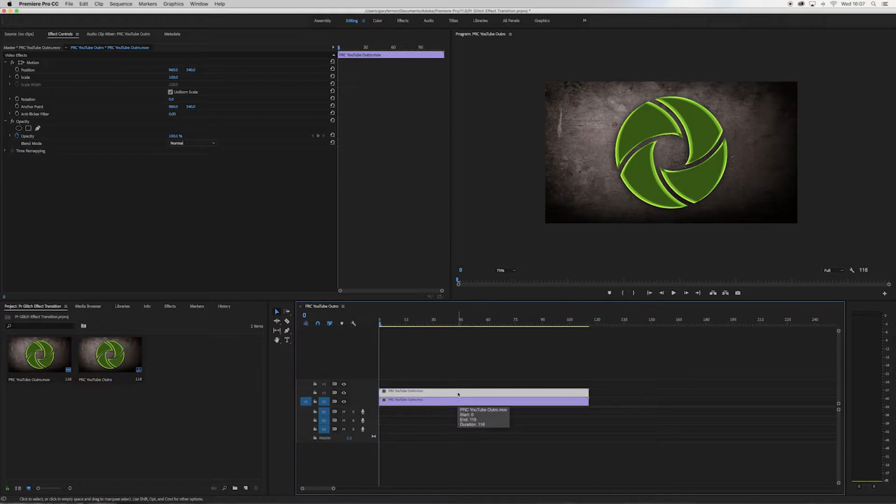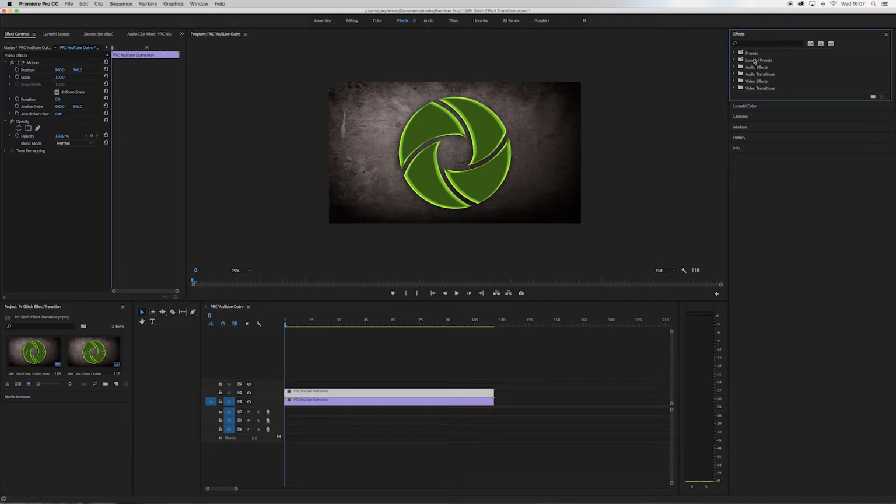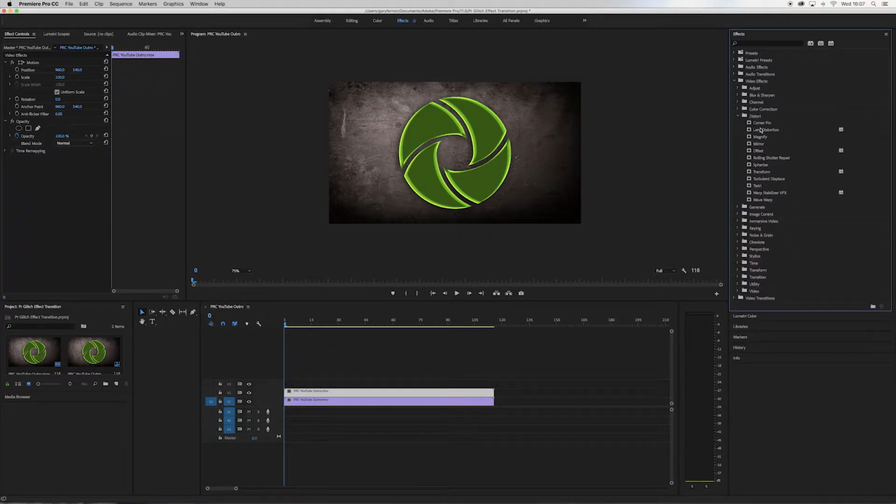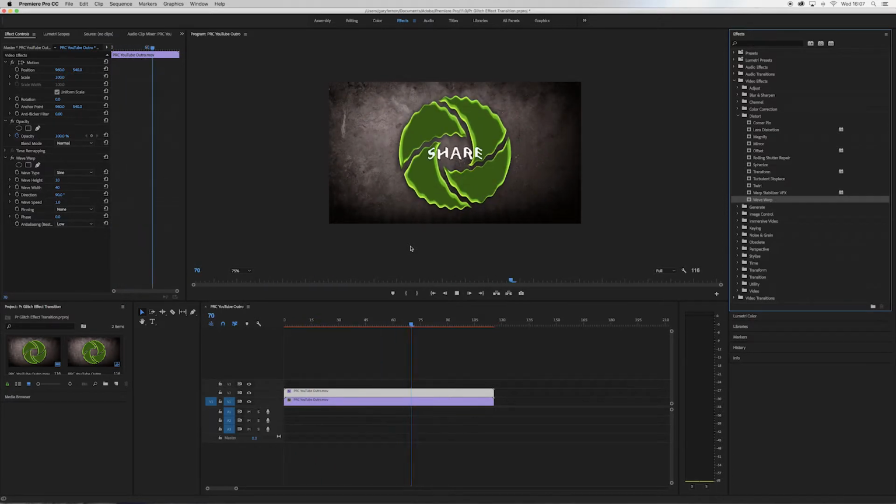So we get up to the effects drop down menu. Now if we come across to the video effects, find distort, select that, and we are going to select wave warp. Select that, drag that onto our frame, just pop that in there, and you can see that that's already changed. So if we just run that, that just gives us the nice waved effect, but that's not what we're going to be using. We're going to work a little bit more on that to make it a little bit more